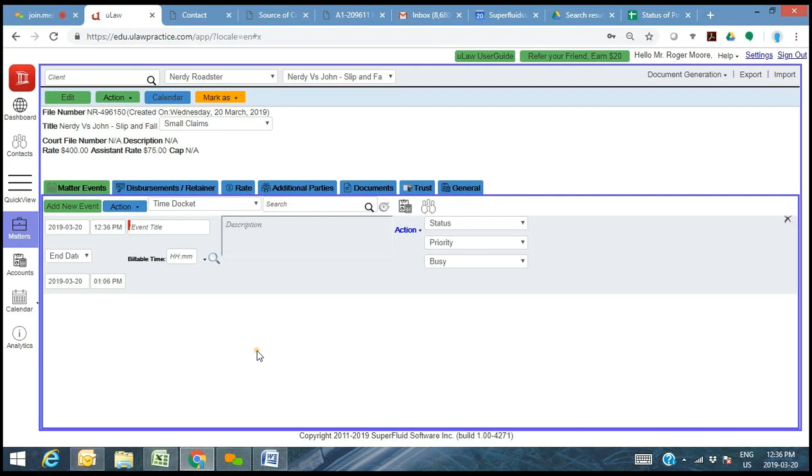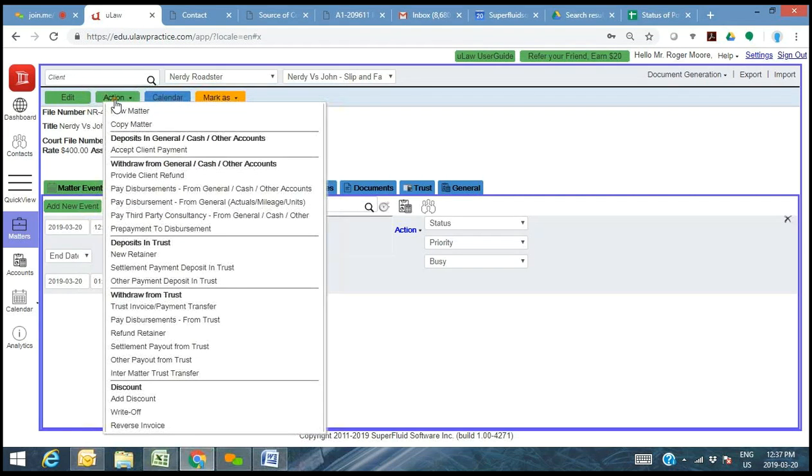Now, knowing that different individuals learn a system in their own individual ways, we have, without making it too much of a stretch, provided various different options for an individual to learn the system. Now, when in doubt, we ask that you click on the action button. So this is really the mother lode of anything that you can take as an action on this particular matter or file, right? So one of the first you can do is tell us that you did accept and deposit